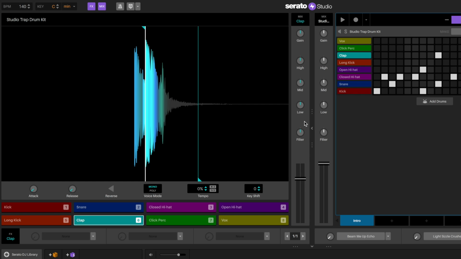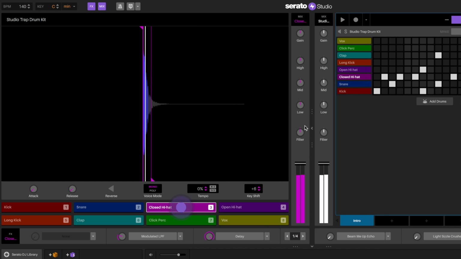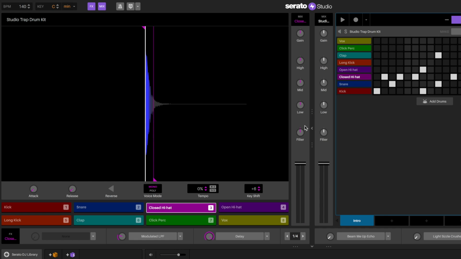The hi-hats are the final piece of the puzzle. They don't need to be too loud, they just need to sit nicely in the mix. The best way to do this is by using your ears. If they sound too loud, then turn them down a little bit. Nice, you just did some EQing.